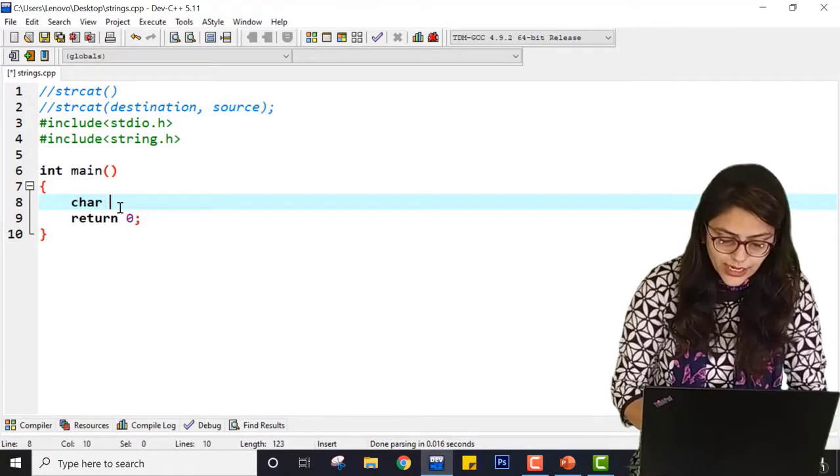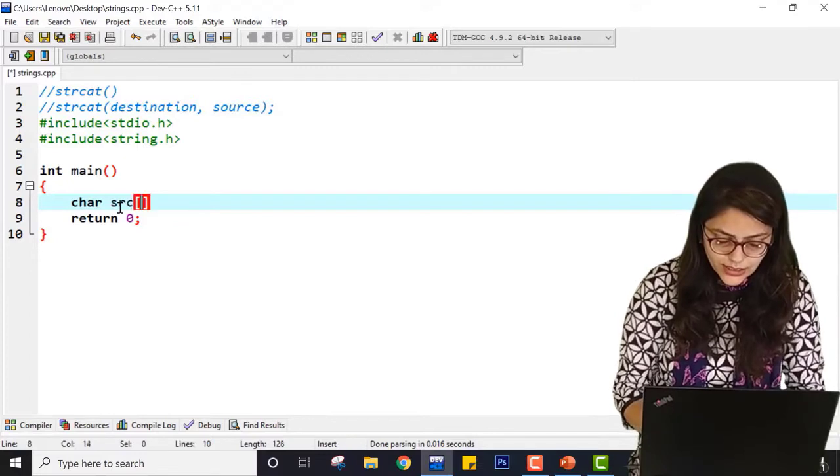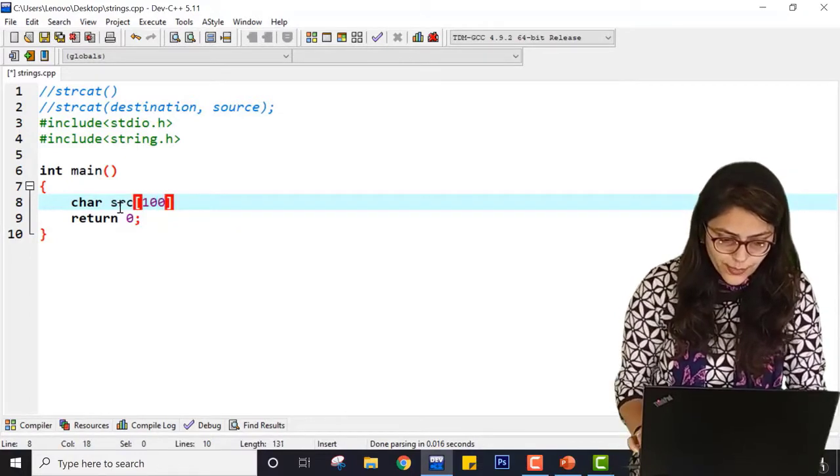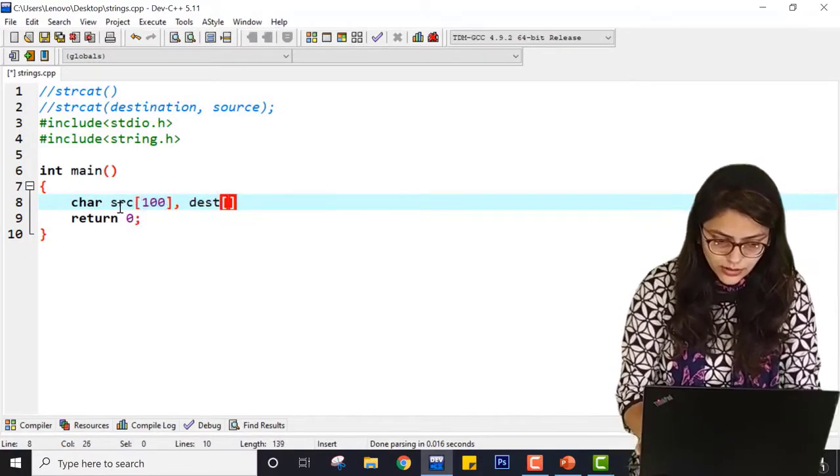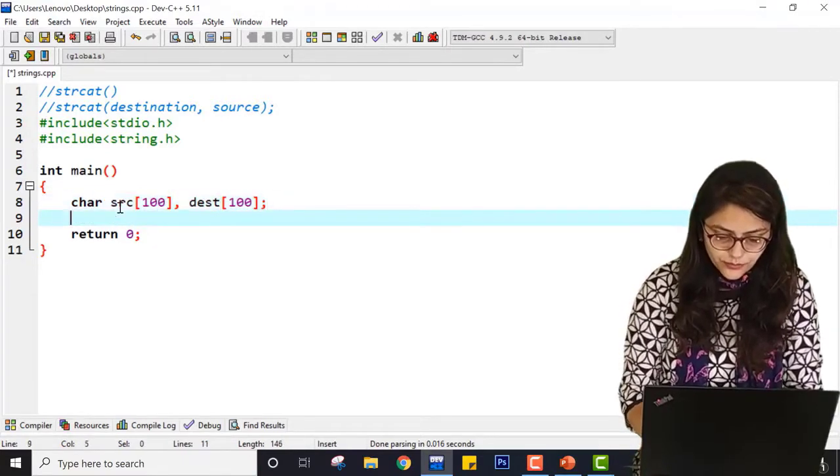So here char src[100], and here dest[100].